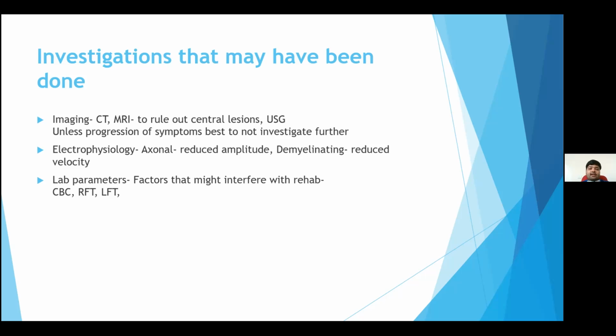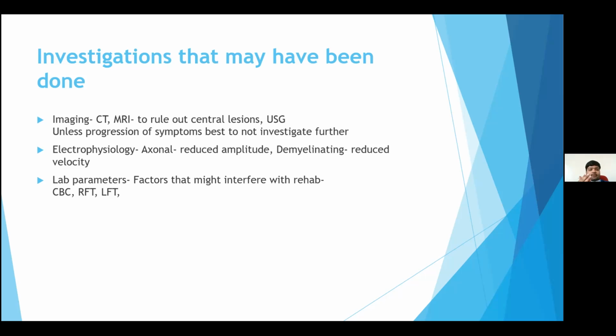And then when you have demyelinating conditions, usually they will have more favorable prognosis, where there will be reduced velocity on the nerve conduction velocity parameters, such as the sensory as well as the motor conduction velocities, and generally will have more favorable prognosis. And lab factors, you need to review the most recent findings that will interfere or help